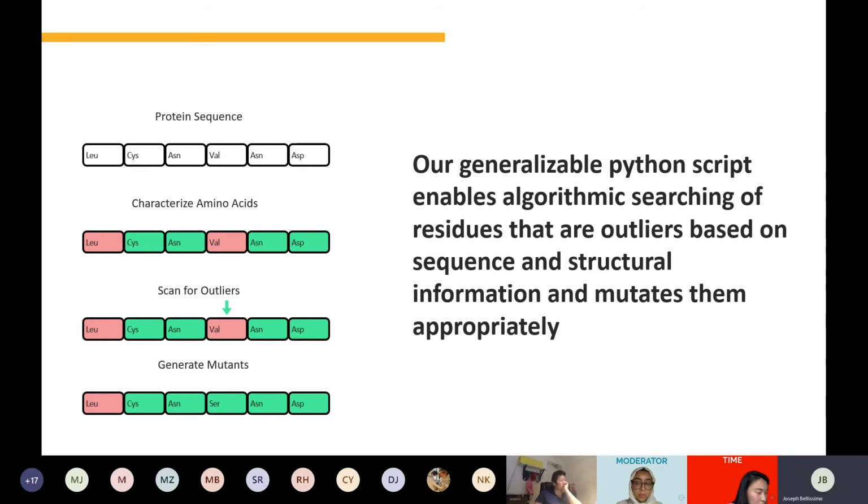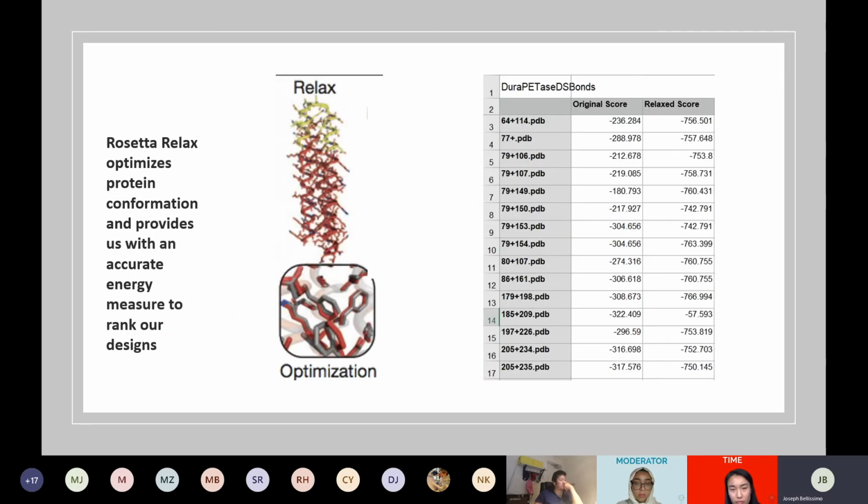Created a script that allows for algorithmic searching of residues that are outliers based on sequence and structural information. So we're kind of looking for hydrophobic residues, so residues that are out of place. So we use sequence and structural information, using the PyMOL visualization software, to see amino acids that are out of place and replace them with better ones. Okay, so we do that. So now we have all of these different targets for mutation, these residues that are out of place and that can be improved,